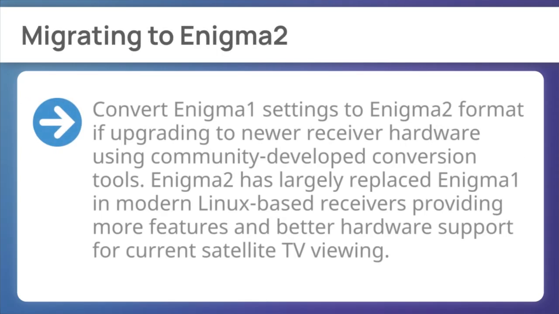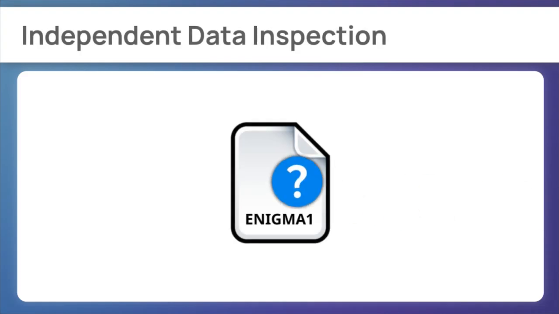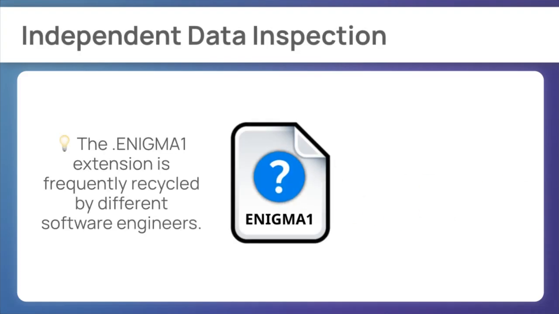Finally, migrating to Enigma 2. Convert Enigma1 settings to Enigma 2 format if upgrading to newer receiver hardware, using community-developed conversion tools. Enigma 2 has largely replaced Enigma 1 in modern Linux-based receivers, providing more features and better hardware support for current satellite TV viewing. If compatibility checks failed, it is likely because the file extension name is shared by different developers